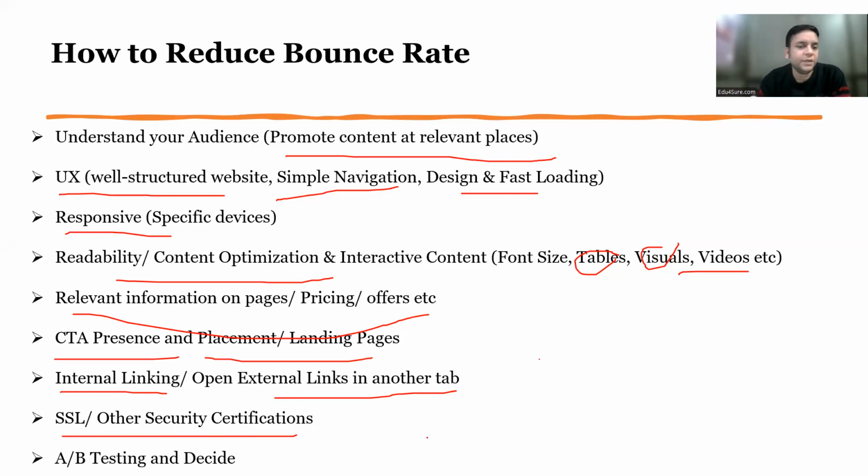And the last is A/B testing. You take two pages and do testing, and you find through analytics where the people are staying more, and according to that you decide. Let us say with A/B testing, you take one page and design two formats of this particular page. Now you can see which format is doing better, then you choose that format, and then you can again do A/B testing, and then you reach a conclusion: yes, this format is better.